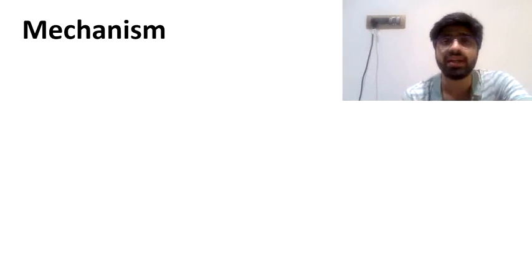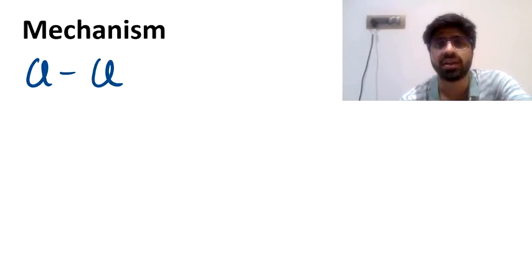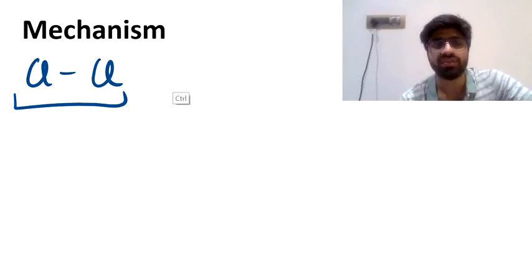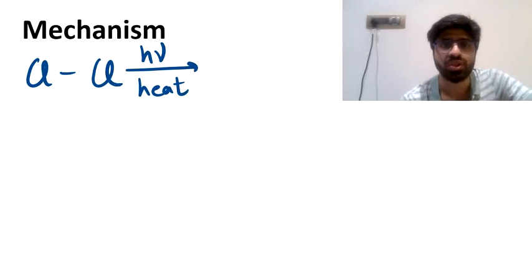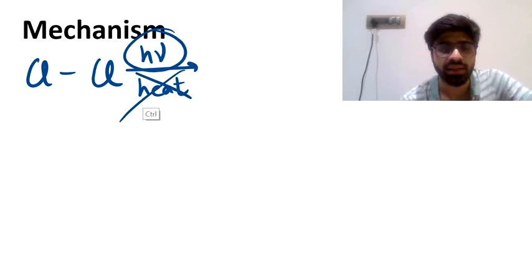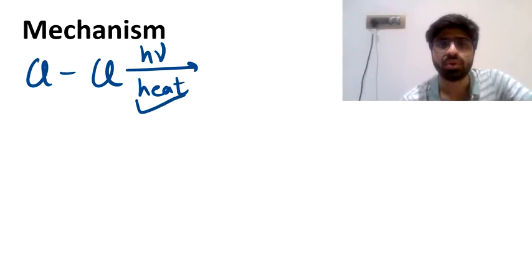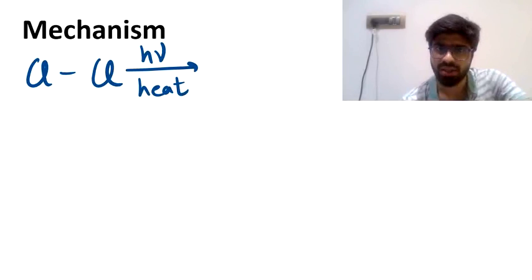Like I said, UV light is necessary for breaking the chlorine-chlorine bond. So this was a chlorine-chlorine single bond. This is Cl2 that we had taken. In the presence of sunlight, that is H nu, or even heating is okay. Either of them. Not both of them, either of them. So if there is sunlight, you don't need heating. If there is heating, you don't need sunlight. If both are there then absolutely the reaction will take place. But it will take place even if one out of the two is present.